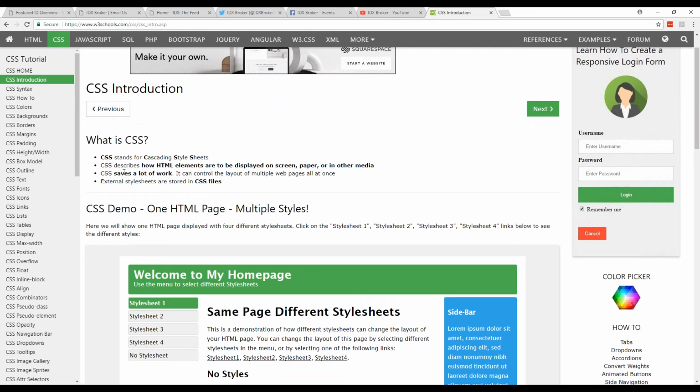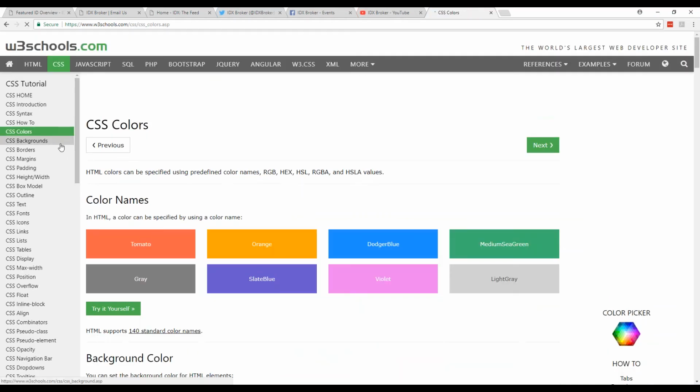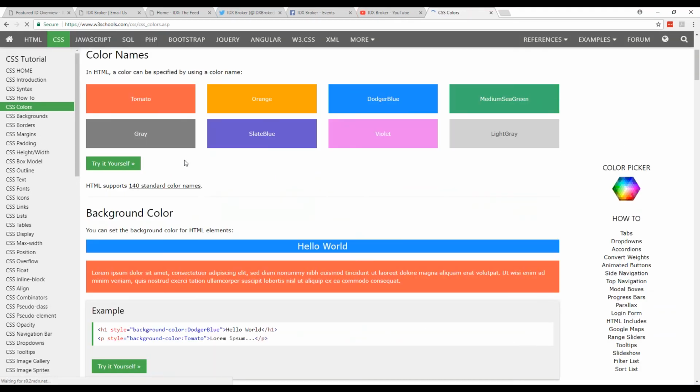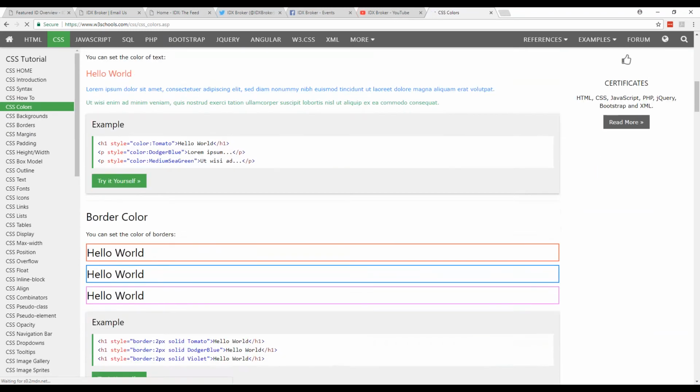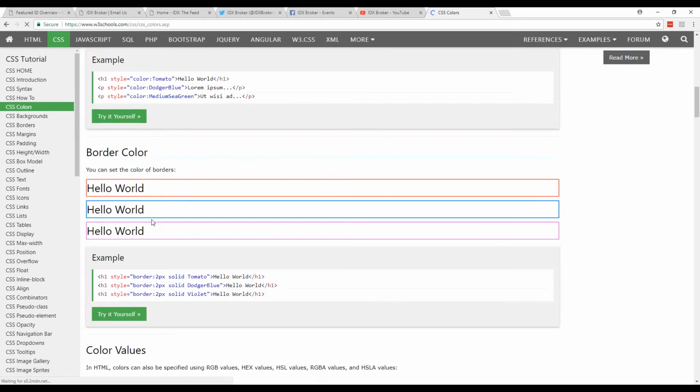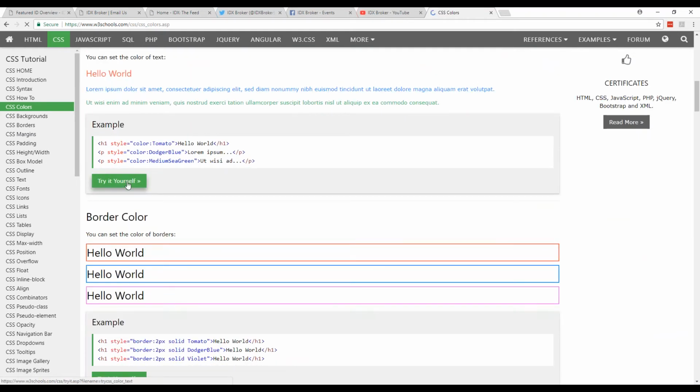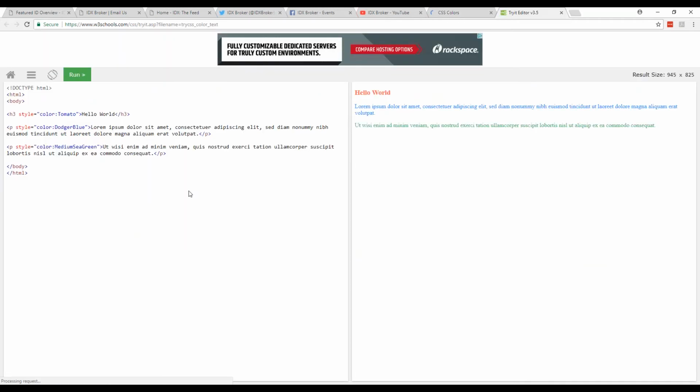It's the try it yourself editor that they have featured on their pages. So say I'm interested in changing the colors on my website. So I'd go to colors here and then look through here. And let's just try clicking into this color here. You would click try it yourself, and this allows you to test out what you've learned from W3 Schools in order to see what works for you and what doesn't before you make changes to your